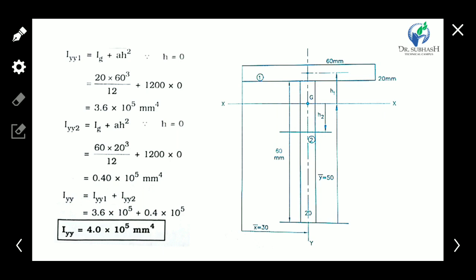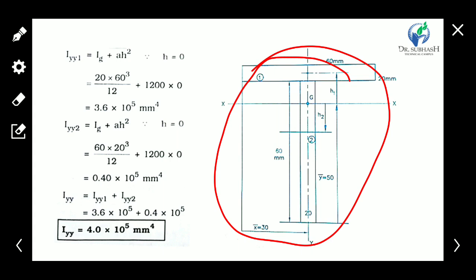Okay, so I hope that you very well understand how the moment of inertia of compound area sections is calculated with the help of parallel axis theorem and perpendicular axis theorem. So the parallel axis theorem and perpendicular axis theorem are very useful to find out the moment of inertia of a compound section. એટલે કે એક કરતાં વધારે એલિમેન્ટનું બનેલું હશે compound area section અથવા તો compound plane section, તો એમાં parallel axis theorem યુઝ કરવું જ પડશે. બરાબર છે? તો એ very useful છે to find out the moment of inertia.